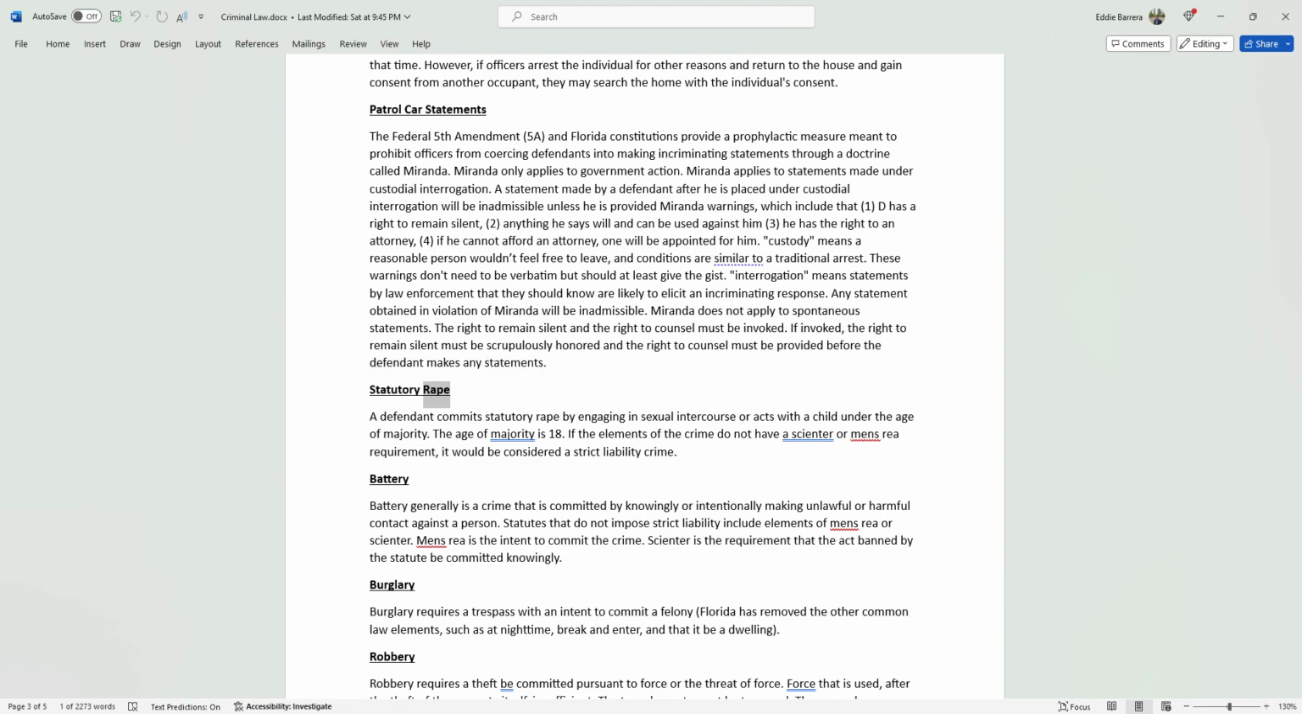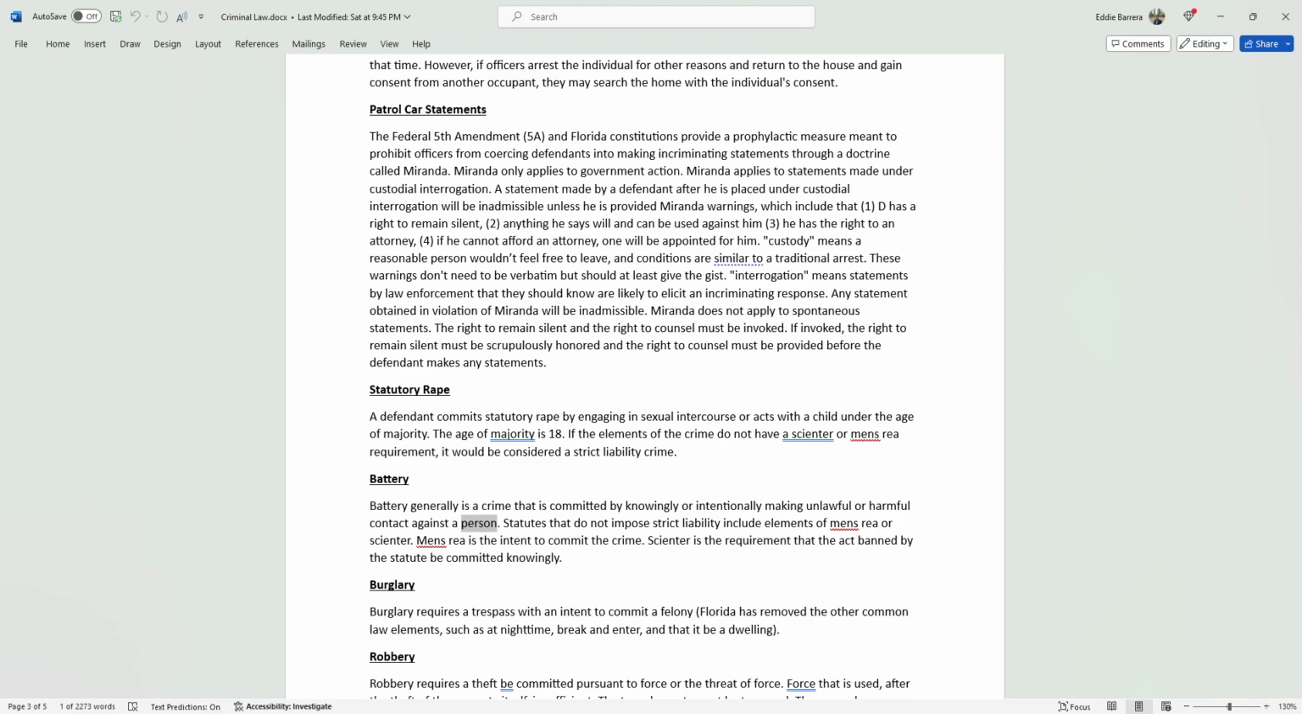Statutory rape. A defendant commits statutory rape by engaging in sexual intercourse or acts with a child under the age of majority. The age of majority is 18. If the elements of the crime do not have a scienter or mens rea requirement, it would be considered a strict liability crime. Battery. Battery generally is a crime that is committed by knowingly or intentionally making unlawful or harmful